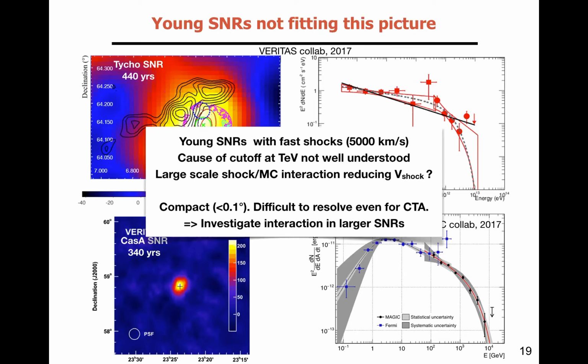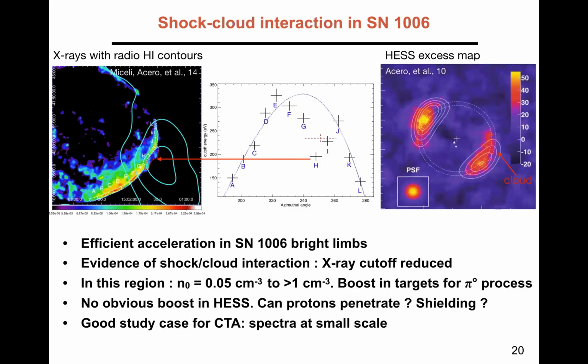So this gamma ray emission could be dominated by the slow shock, at least not the PeVatron ones. And the problem is that they are really small and compact, 5-8 arc minutes. So even for CTA, it will be difficult to have a really nice resolved image. In order to better understand this shock-cloud interaction, it is better to study larger supernova remnants, like